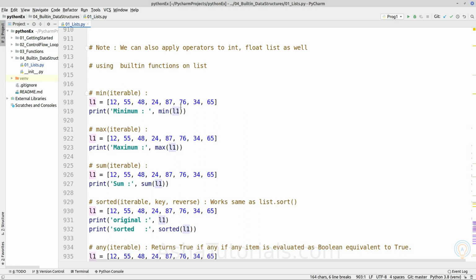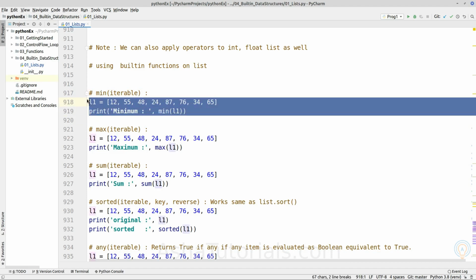Now we will see the built-in functions which are exclusive to numeric values, such as int and float, inside the list. If the list contains only int or float values, we can use the following built-in functions. First is min, which returns the minimum element from a given list.